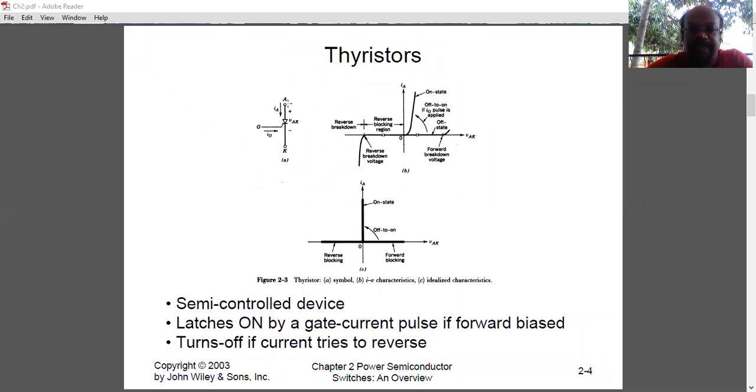But if we increase the forward bias voltage, the dV by dt rating, if you keep on increasing the voltage exponentially, that dV by dt is more, automatically it may turn on. So that is where we have to be very careful. If this device is forward biased, that is anode is more positive than cathode, at that time it will not start conducting. It will wait for the gate signal. Once the gate triggering pulse is applied, then only it starts conducting. Here only it facilitates controlled operation of devices.